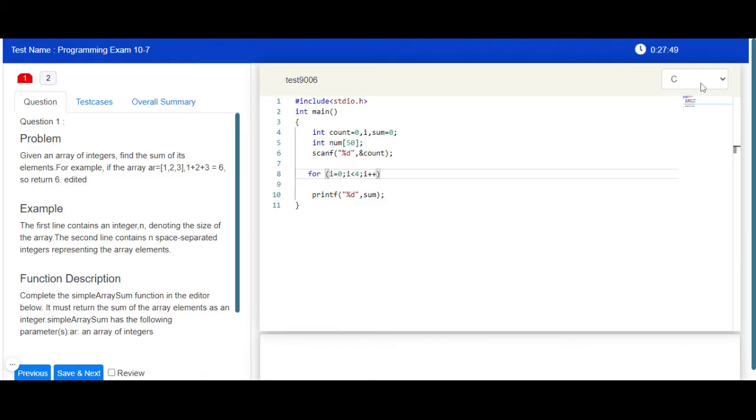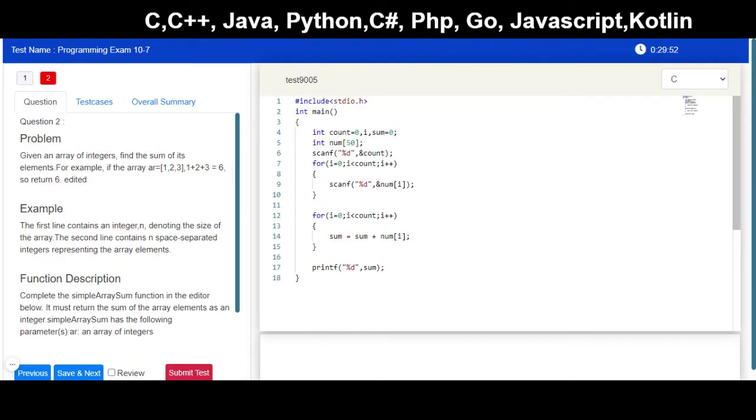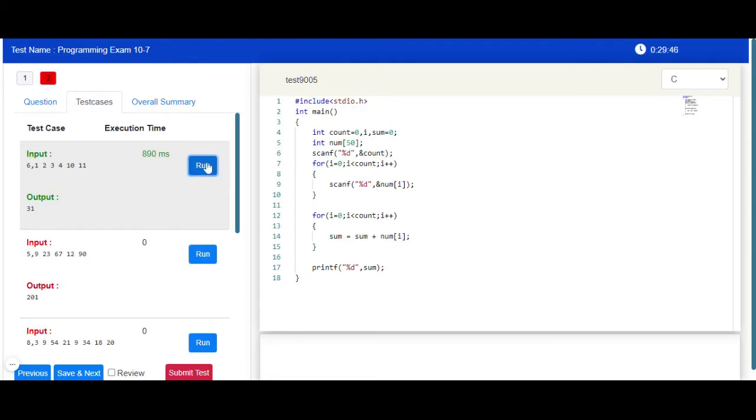In case of an online programming test, you might be asked to write a detailed coding program in various languages. So there is an option available to select a suitable compiler. In the current context, you can see there are options available for C, C++, Java, C Sharp, Python, Go, JavaScript, and Kotlin. So you can select a suitable language as per the problem statement, and you write or compile your program accordingly. As soon as you write your program and it is ready to be compiled without any compilation error, you can click on the run button. This test case has been successfully executed in 890 milliseconds, and the input output text has been shown in green.